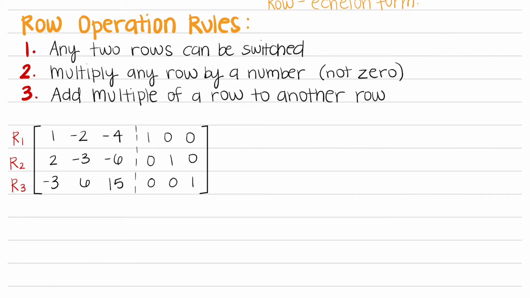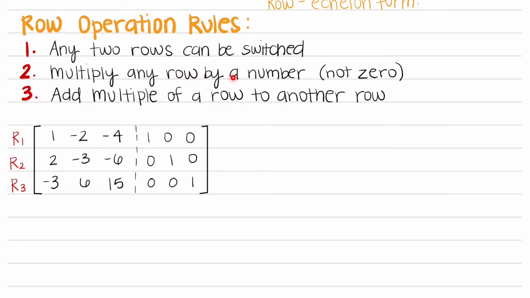In the first column on the second row, we have a 2 there, and if you look on the right, what we want it to be is a 0. So what we would do is look at those 3 rules at the top and see which one would apply here to get the 0 that we want. So rule 1, any 2 rows can be switched. If we switch any of these rows, we won't get a 0 because none of the other rows have a 0 in that first column. So rule 1 doesn't work.